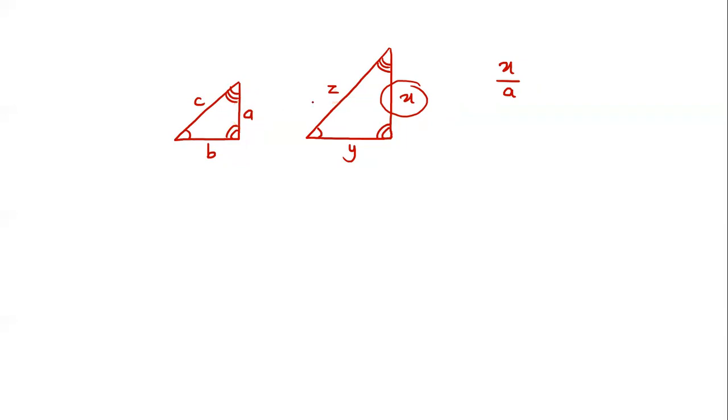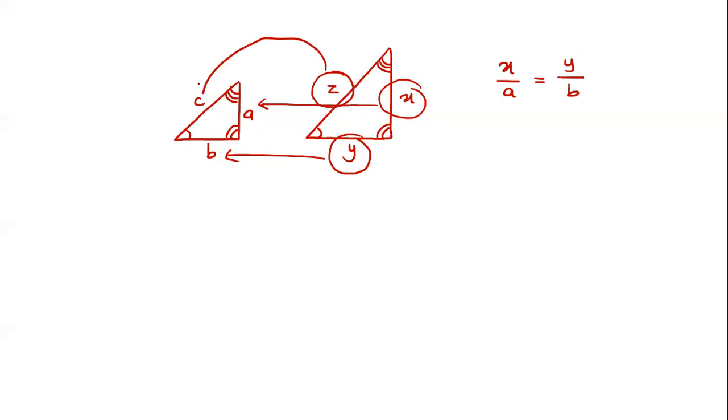It can also be done. It's not necessary to start from the bigger triangle. It's not compulsory. You can start from any triangle. So I start from x here, x over a. Done. If you want to take y, y over b. And this z is going to equal the c here, so it's z over c. So this is the idea from similar triangles. So we can use a proportional idea.